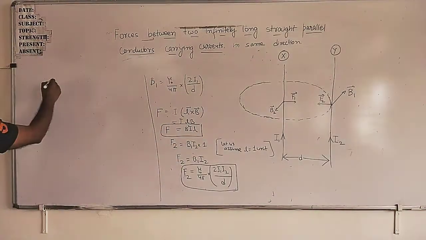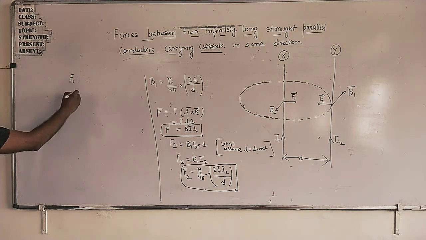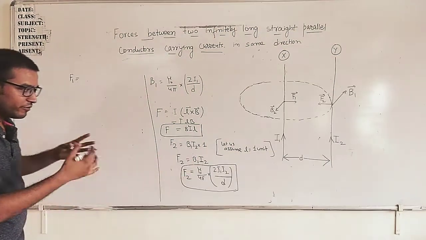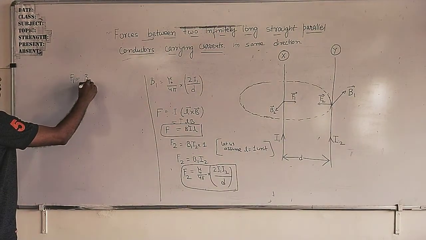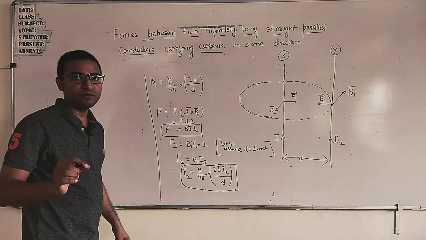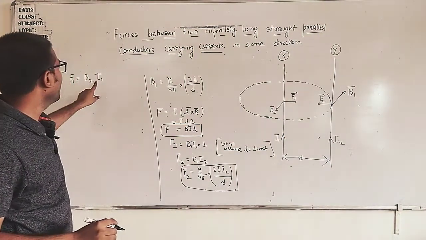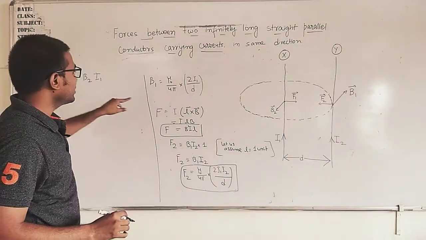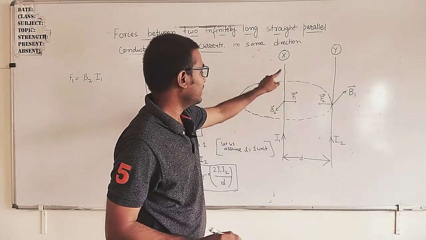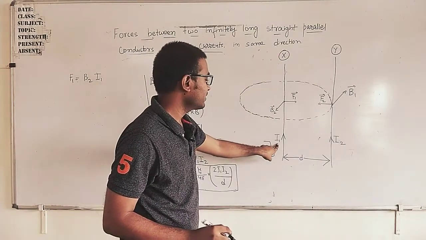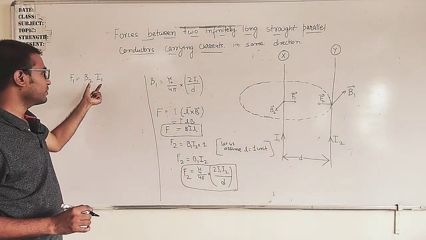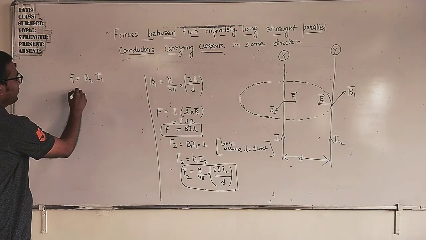Here the force is F1, and this force F1 must be equal to B1 I2, which will simply be B2 I1, the force per unit length. I am talking about force per unit length, B2 I1. B2 is the magnetic field created by this current carrying wire at this point, and the current in this wire is I1. So putting in this value, B2 into I1, and we know very well